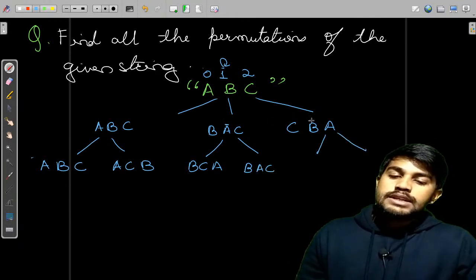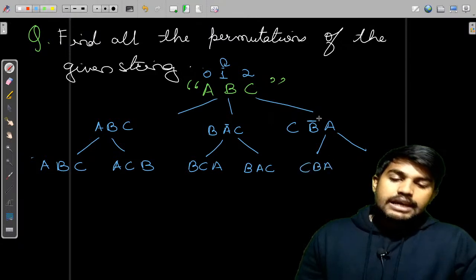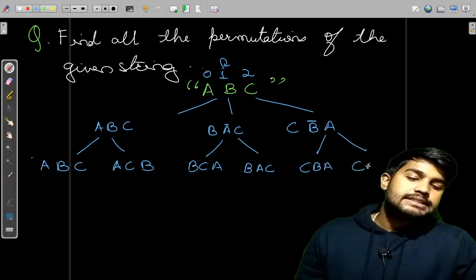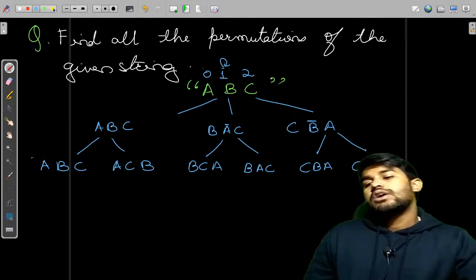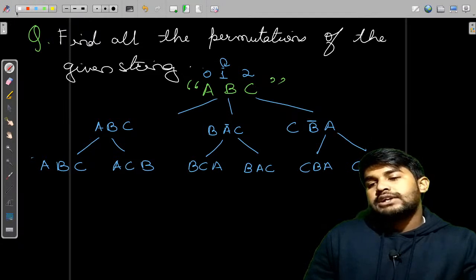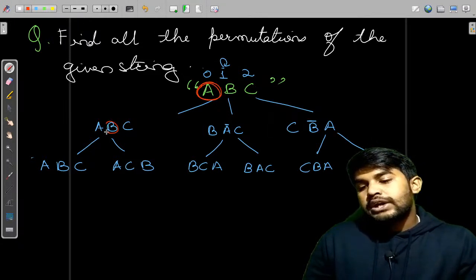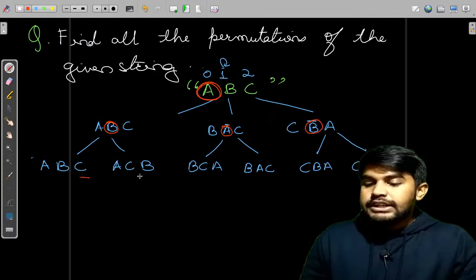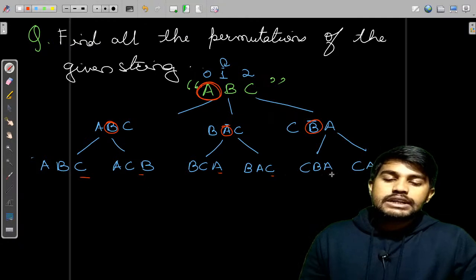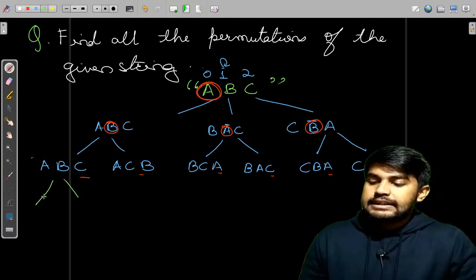Now this B would be swapped with first itself, that gives C, B, A, and B would be swapped with A, that is C, A and B itself. Okay, at this point we swapped the first character. At this point we swapped the second character of each of the strings, and then we need to swap the third character of each of the strings. If we swap the third character,